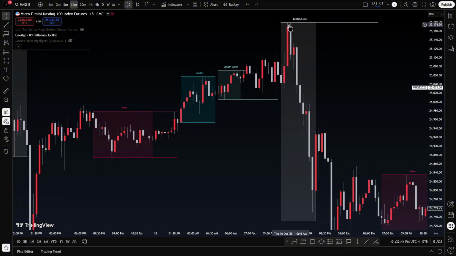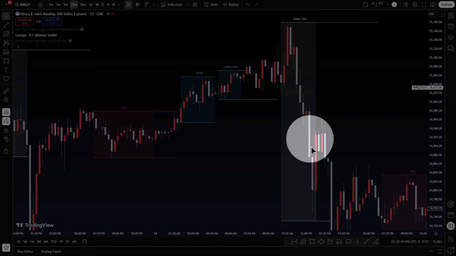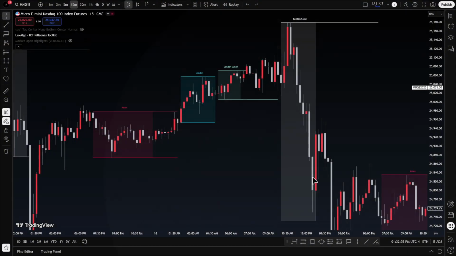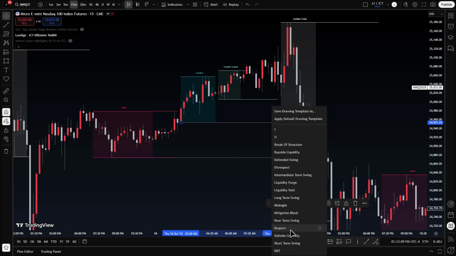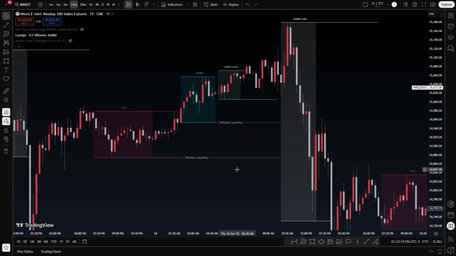And it comes up, and then at 10 o'clock, or in the middle of London close, it manipulates and then drops lower for the day. Pretty nice, isn't it? Really, really nice. But remember, we have a bunch of sell-side liquidity being built up down here. You got Asia low, you got London low, you got London lunch low, which is already marked. So what is happening here? What is actually going on here? If I can mark this as sell-side liquidity, and sell-side liquidity. What's happening here, excuse me, I had to burp because I'm talking a lot, but price is purging buy side and accumulating sell side. What does accumulating sell side mean?